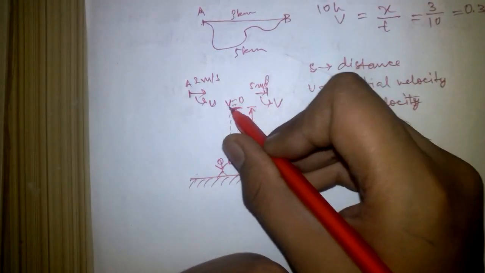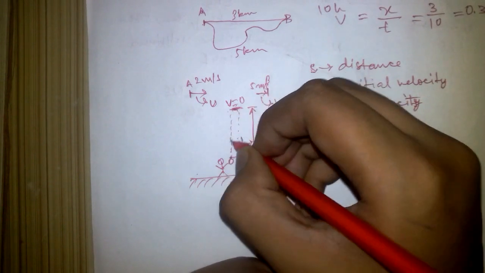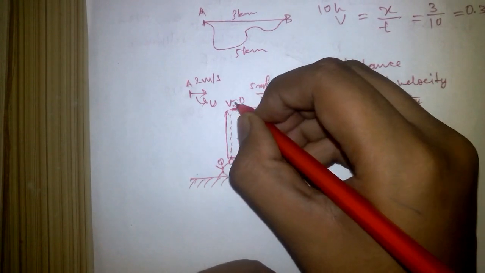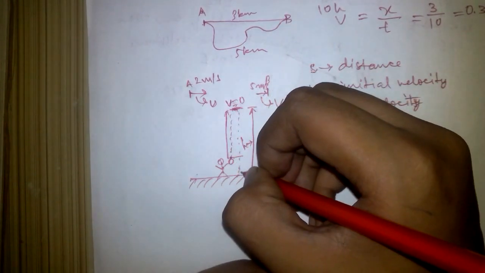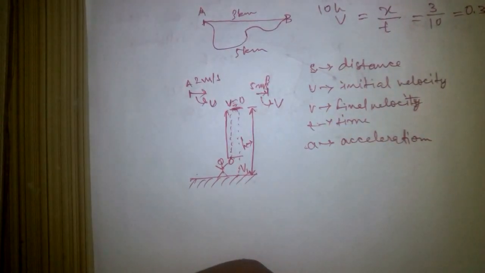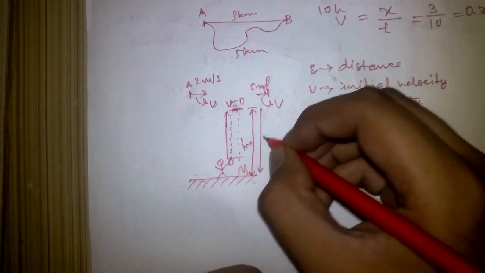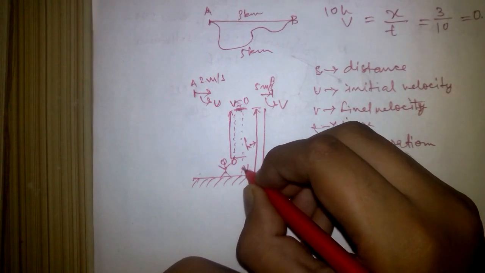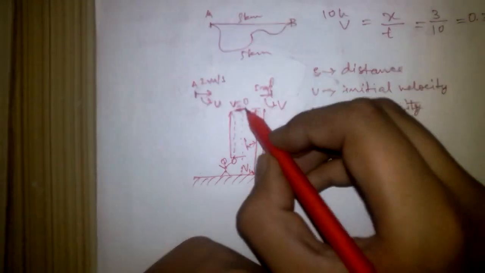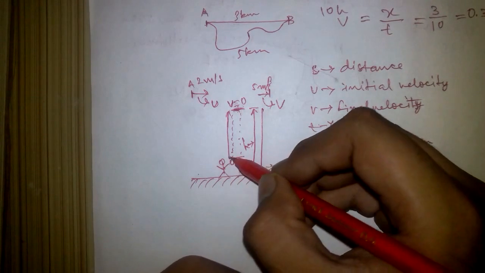Therefore the final velocity here will be 0, but you will consider the final velocity 0 only when the ball is going up from here. When it is coming down, this will become the initial velocity, and the final velocity becomes something else. In this case, when the ball is going downwards, suppose the final velocity, or the velocity before reaching the ground, becomes 5 meters per second. And here the initial velocity will be 0.